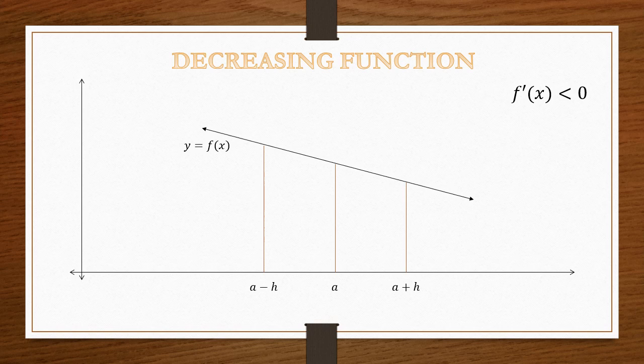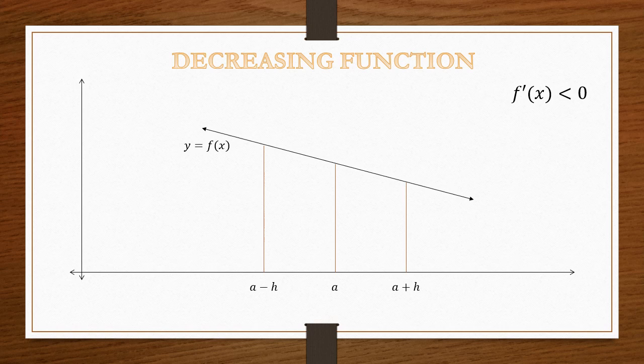What is the use of this particular function? We can say that this function is useful in profits, in revenues, in expenses. At a certain level of production, I want to see whether my cost is going to increase or decrease in the future. Okay, so I have a cost function, and at a certain level of production I want to see whether, if I increase my production, my cost will increase or decrease. If my cost is going to increase, I will not increase my production. Similarly, if there is a revenue function, the income function, and I want to see at a certain level of sales whether my revenue will increase or decrease.